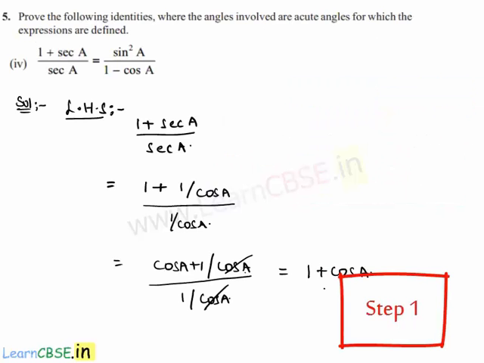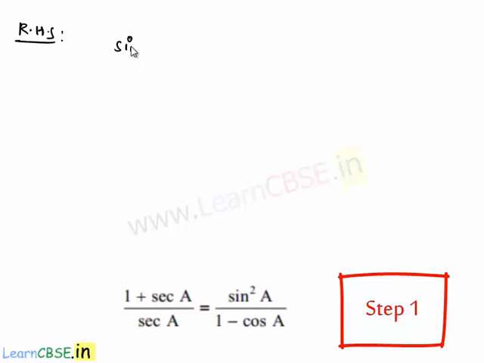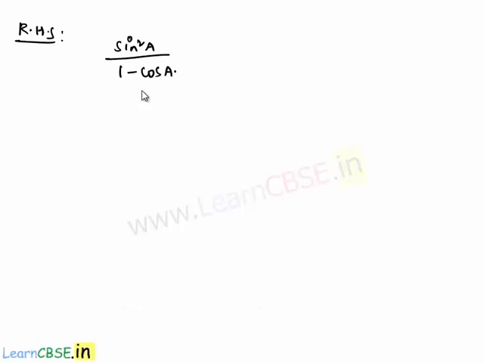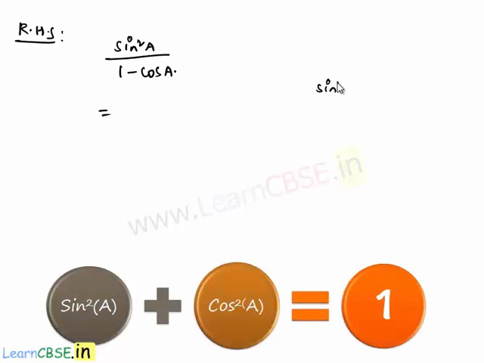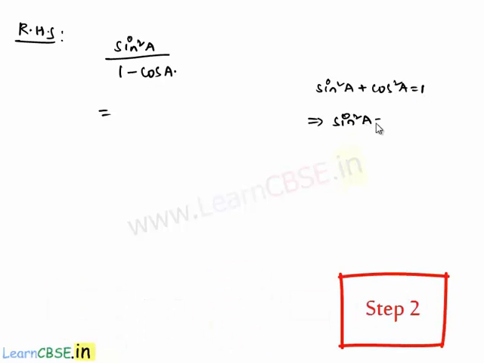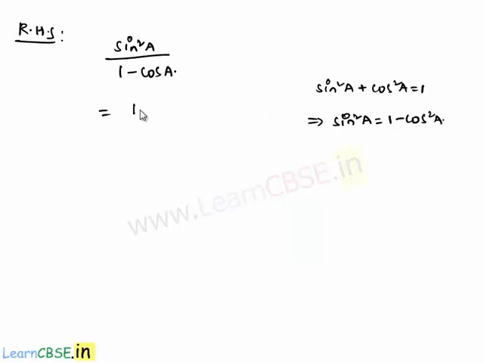Similarly, let us also simplify the right hand side, that is sin square a whole divided by 1 minus cos a, which is equal to, here we have an identity that sin square a plus cos square a is equal to 1, which implies sin square a is equal to 1 minus cos square a. So by replacing sin square a as 1 minus cos square a, divided by 1 minus cos a,